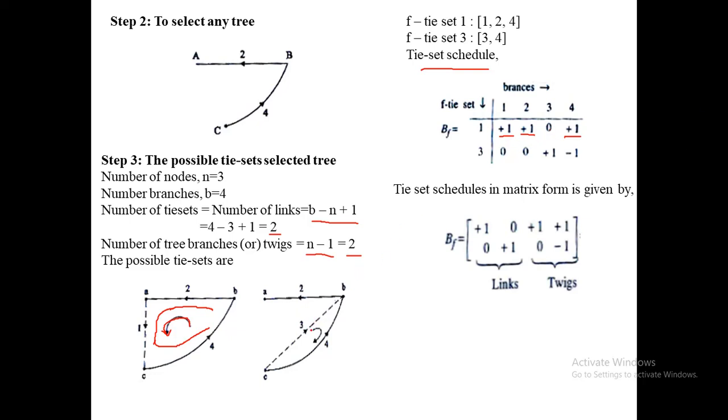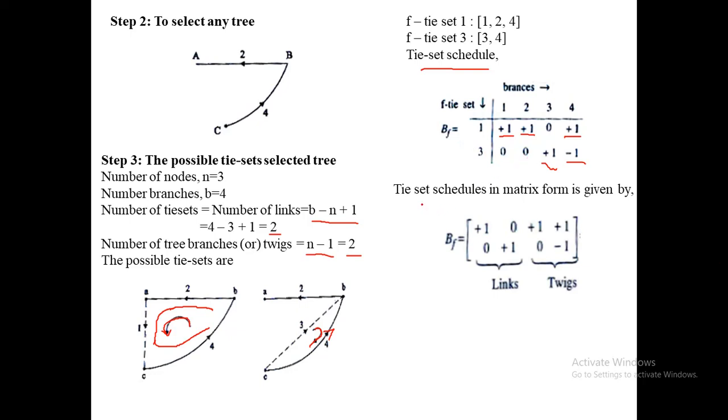Next consider the second loop. Second loop here this is anti-clockwise direction. Here this is downward direction but this 4 is in the upward direction. Both the directions are opposite. For that, for this 4 we can put -1. Next this direction and this branch direction are same. For that for 3 we can put +1. Next 1 and 2 there is no branch value, we can put 0.